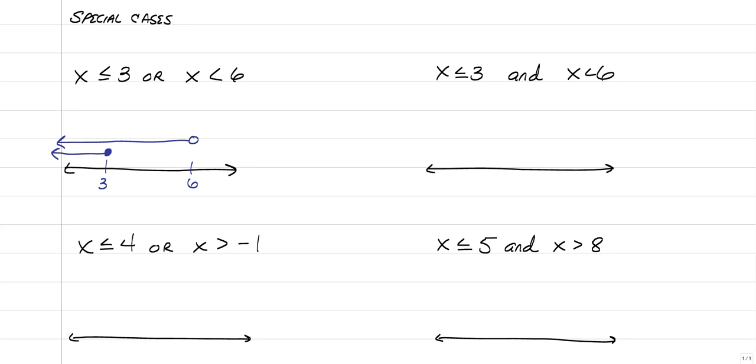So let's go back and talk about the or statements, where anything that satisfies one of them is technically correct. So let's start with negative 10. Does negative 10 satisfy the first one? Yes, it does. Does it also satisfy the second one? Yes, it does. Let's talk about 4. Does 4 satisfy this one? No, it doesn't. But what about this one? Yes. So as long as it's true for one of the two in an or statement,